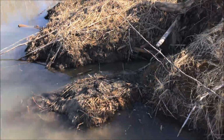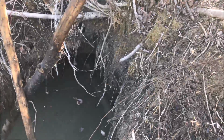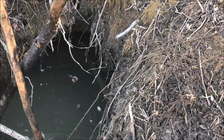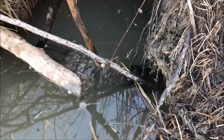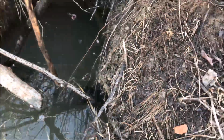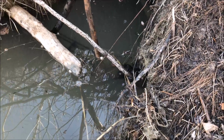Well, I got another set up. I noticed that they have a little den here. I'm guessing it was a winter den, but nevertheless, I'm pretty sure that they're using it. So I got my trap there. You can see it, it's right down there. No lure used on this one. This is just a blind set. I got a little dive stick there,